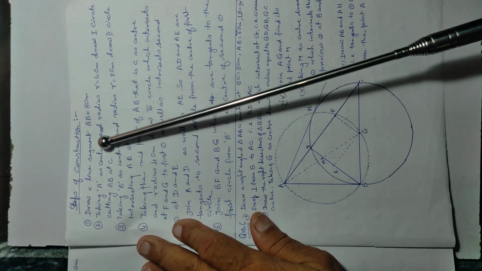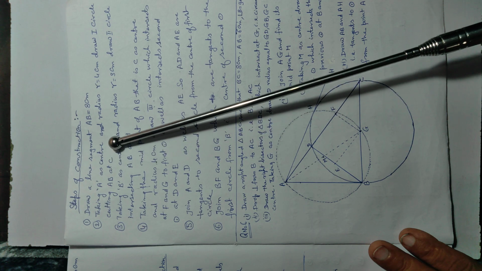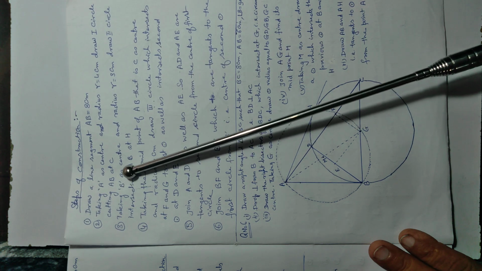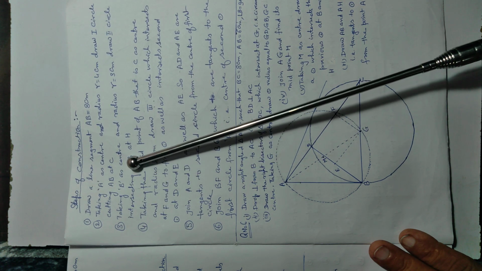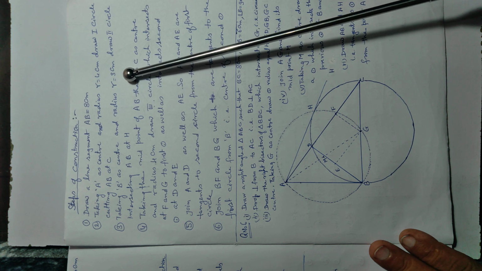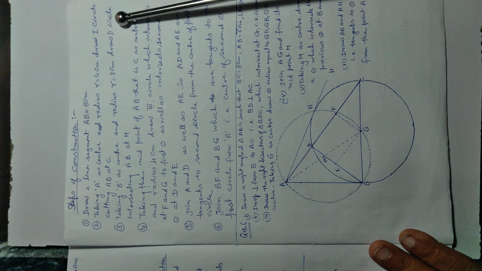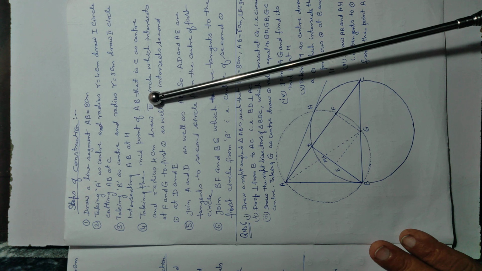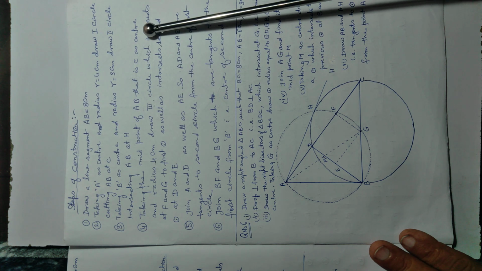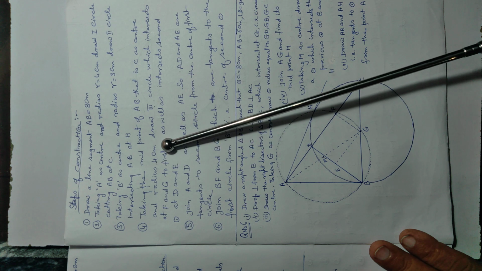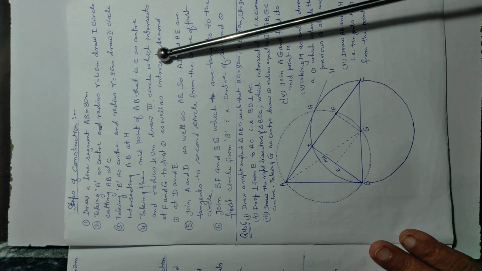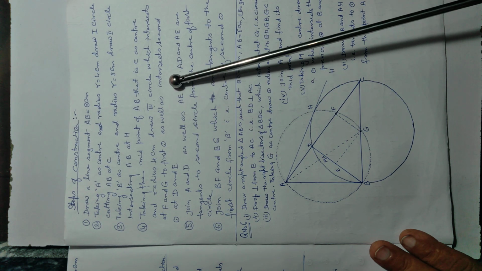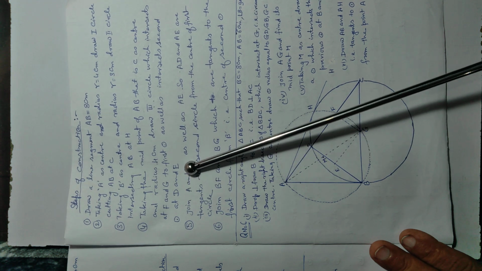Steps of construction. Draw a line segment AB 8 centimeter. Taking A as a center and radius R, that is 4 centimeter, draw a first circle cutting AB at C. Taking B as a center and radius equal to R, that is radius is equal to 3 centimeter, draw a second circle intersecting AB at H. Taking the midpoint of AB, that is C as a center and radius 4 centimeter, draw third circle which intersect at F, G to the first circle as well as intersect the second circle at D and E.